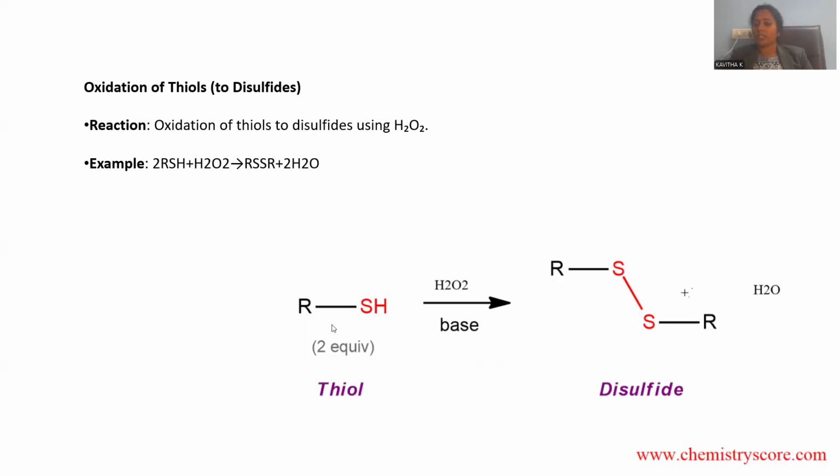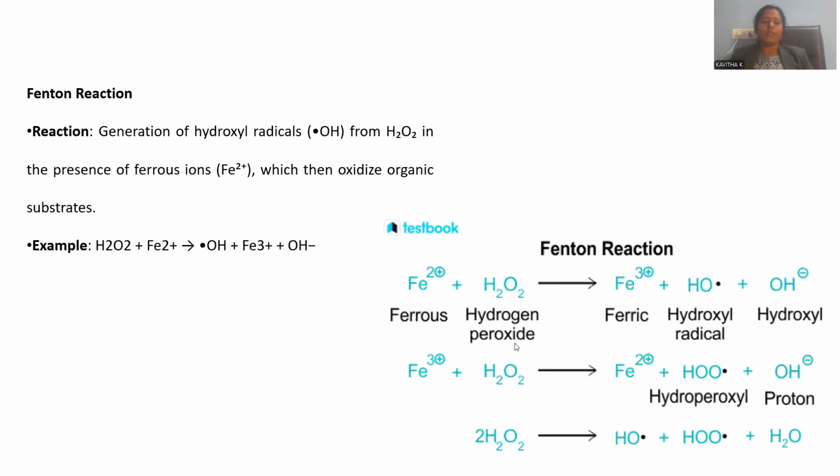But in what context are we saying oxidation? We are not adding any oxygen with this hydrogen peroxide, right? Oxidation here means we are removing the hydrogen from the sulfur. Rather, we are giving a new bond between the sulfur and sulfur. In this context of hydrogen removal, the reaction is a kind of oxidation. And we have entered into another important application in graduation and post-graduation organic laboratories, most commonly applied in the qualitative analysis of salt analysis.